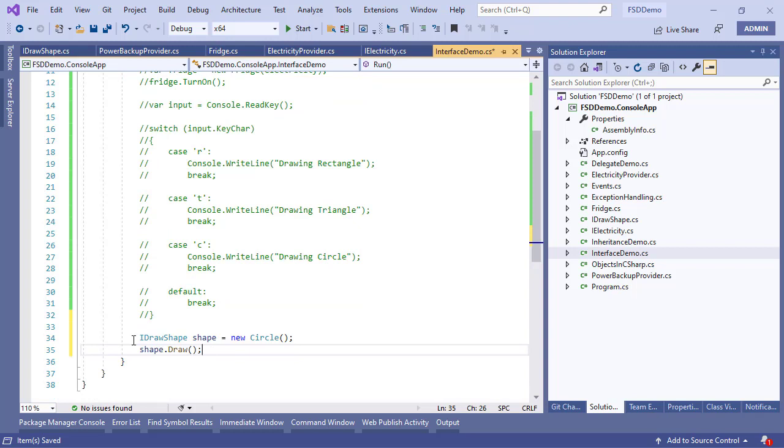go back to our original example where we had an implementation called iDrawShape, and the shape was taking, okay,